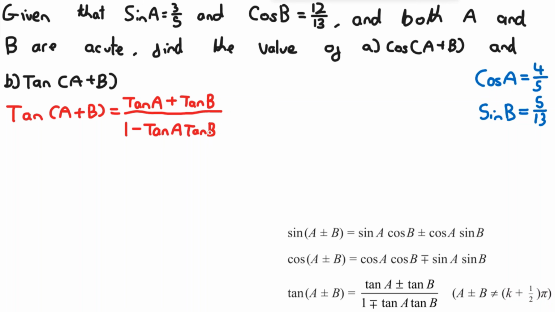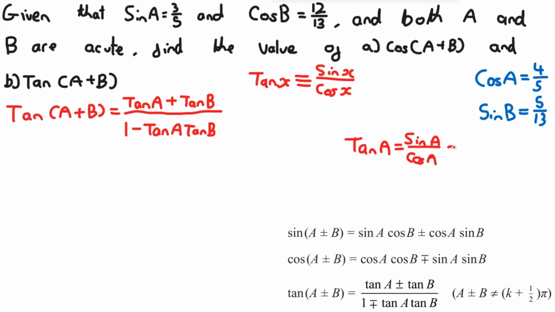But we can figure out, using the identity that we talked about in the first year, that tan of x is equivalent to sin of x over cos of x. So therefore, we can say that tan of A is equal to sin of A over cos of A, and this is going to be equal to, so sin of A is 3 over 5, and then cos of A, which we figured out before, is 4 over 5, so this is divided by 4 over 5, and if you figure this out, this is equal to 3 over 4, and tan B is going to be equal to sin